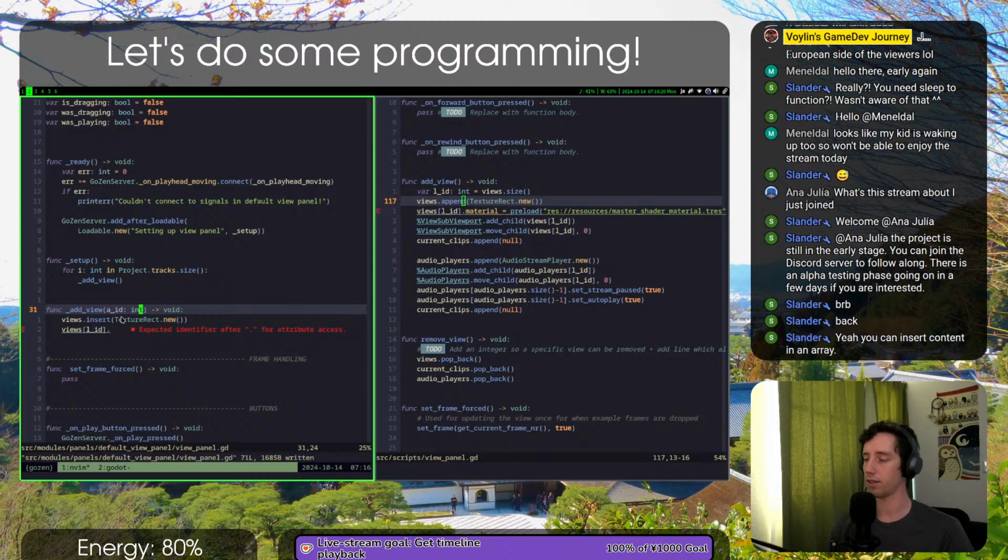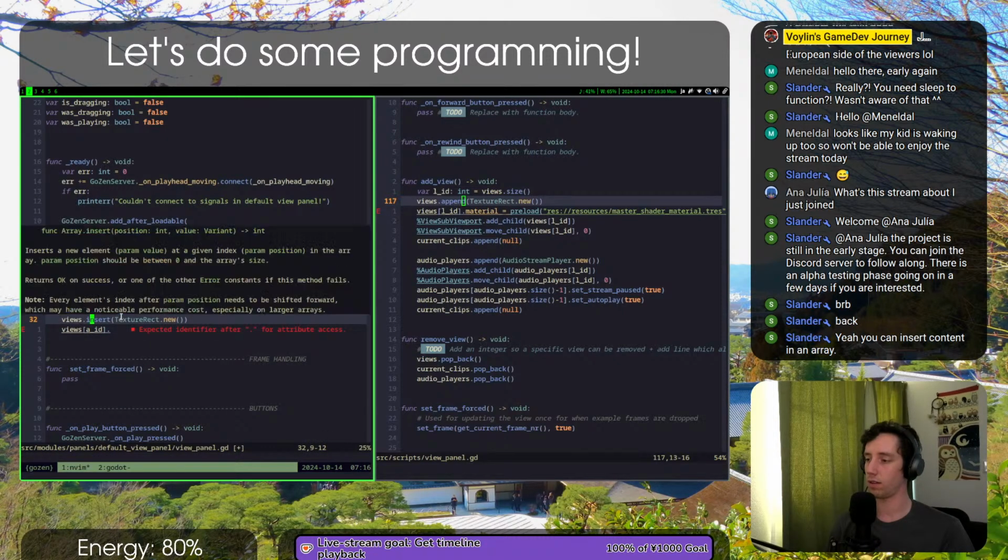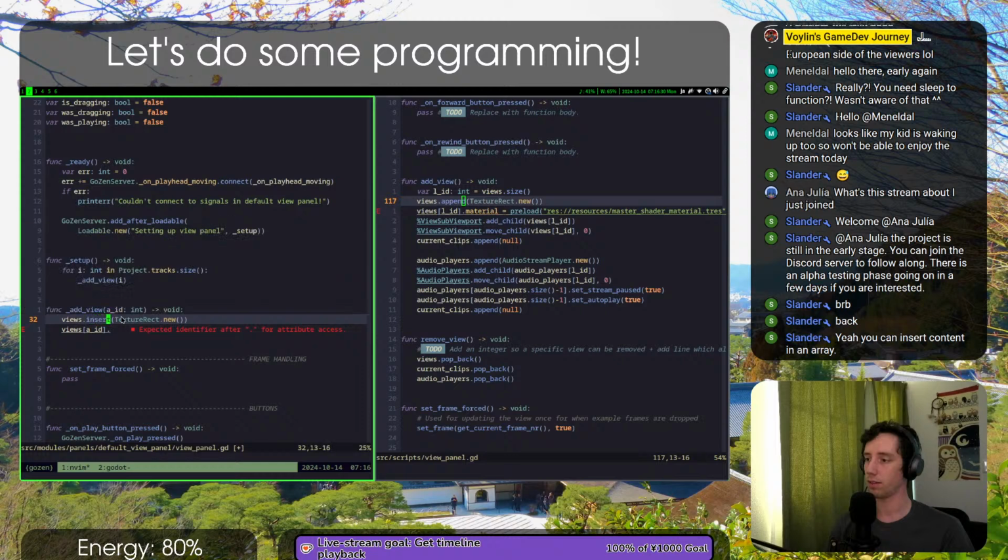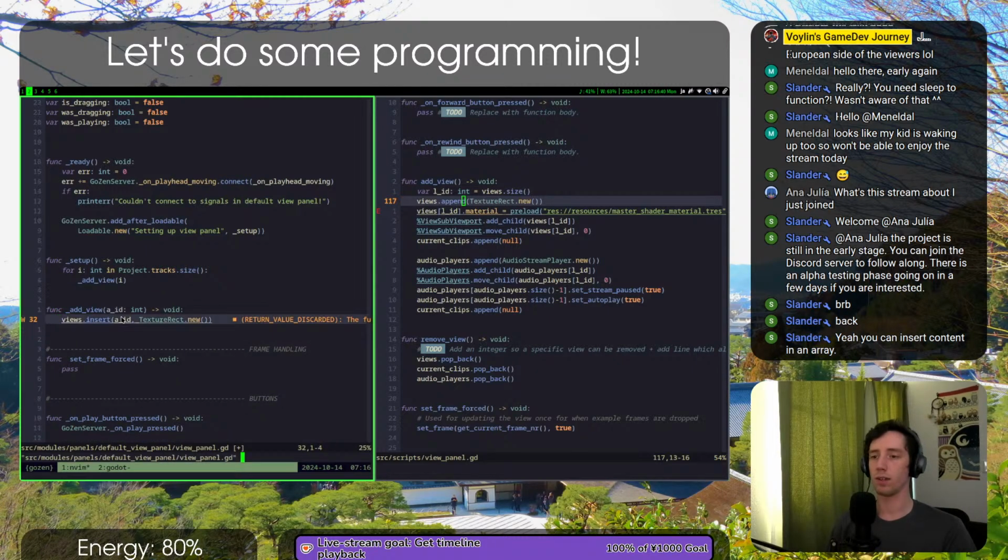Then let's do that. Then it's a little bit future-proof. Insert in the position. Okay. For this, we don't need to change the material, but we do need to add a